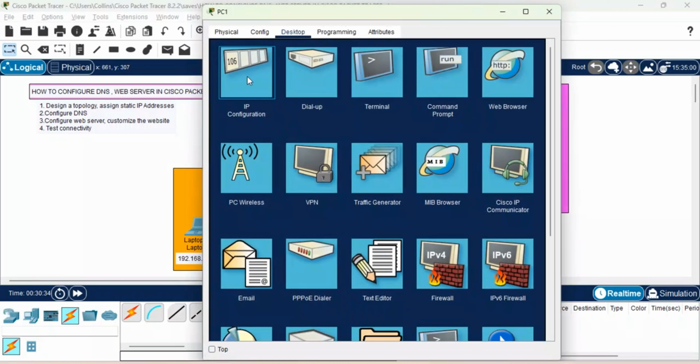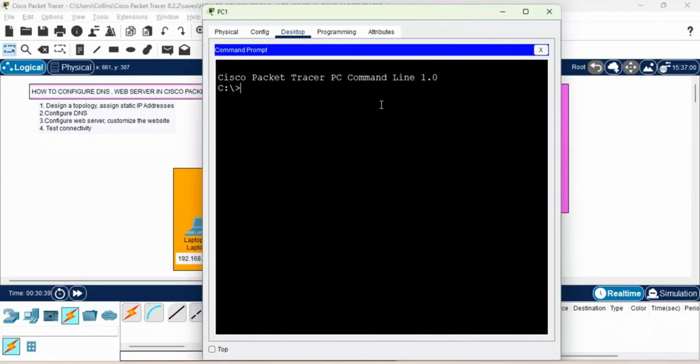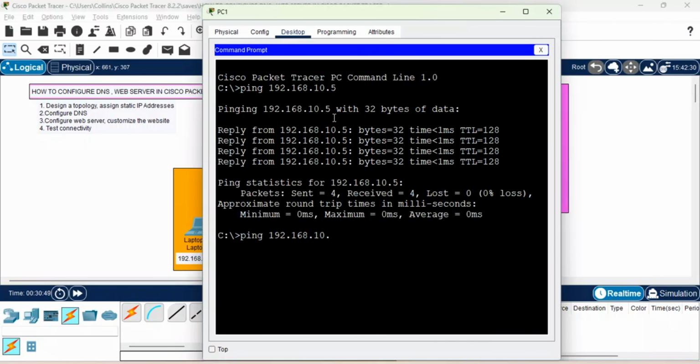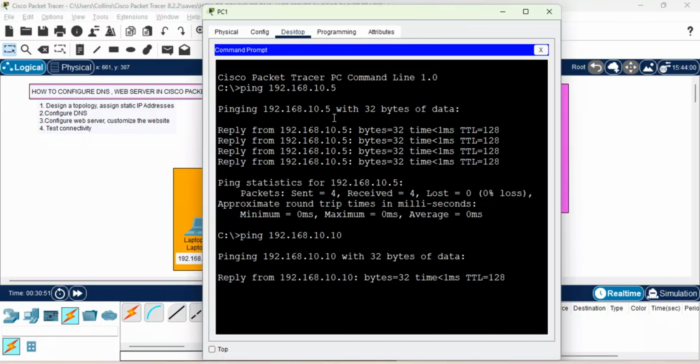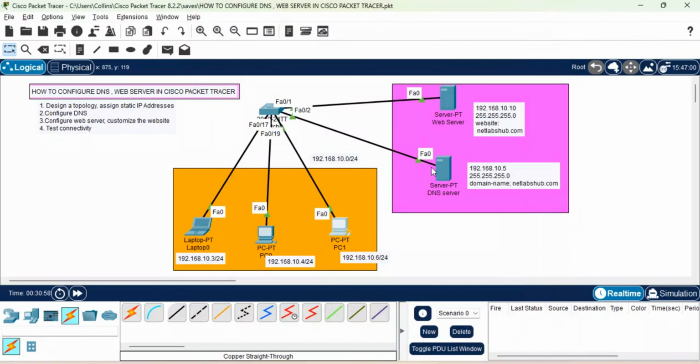Same applies here. Ping. You see? No drop. The web server. The web, meaning when you see this one, it means that the website is reachable and the domain name is also reachable. So I want to test something. To confirm that